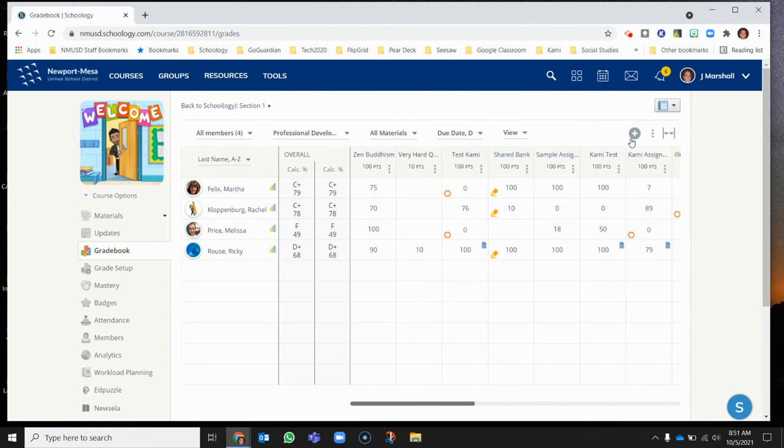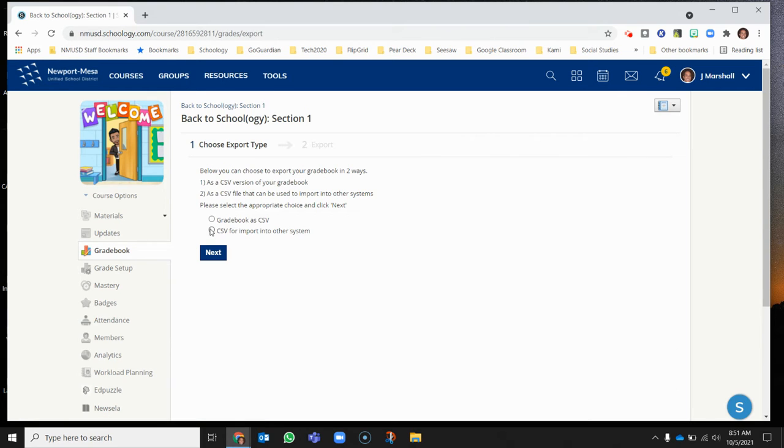It's very simple. If you go to the three dots, that's your little snowman, it's your more button. If you click it, you can choose export. And we want to export, choose the bottom one, CSV, for import into other system. That other system is going to be Excel. So I choose next, and you will see it down below. It's ready for me. So if I open it up right now,